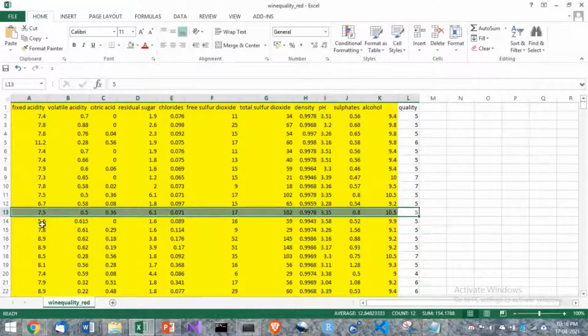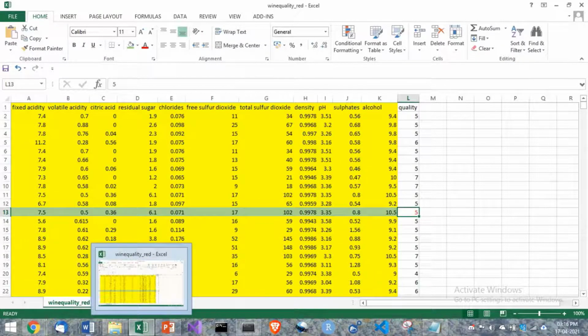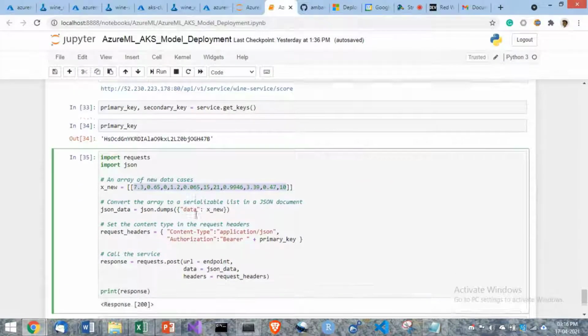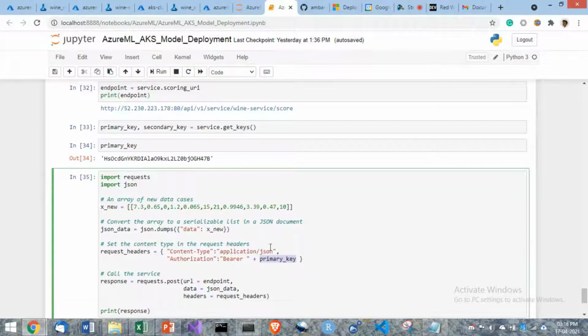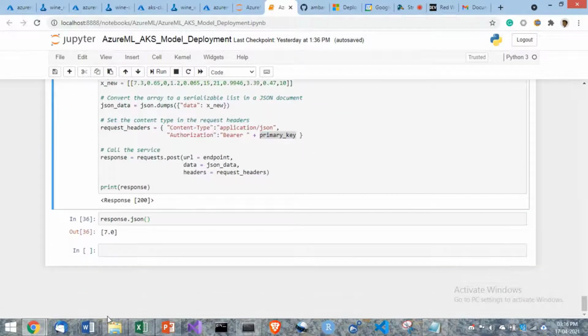The numbers may not match, but this is the arrangement of the data, and what I'm going to predict is the quality of the wine. So this is all the data that is coming in. Note here the primary key, the service key, and the response. The response is 200. We have got the response, which is the quality of the wine, and it is 7.